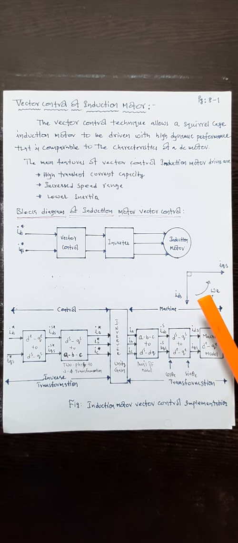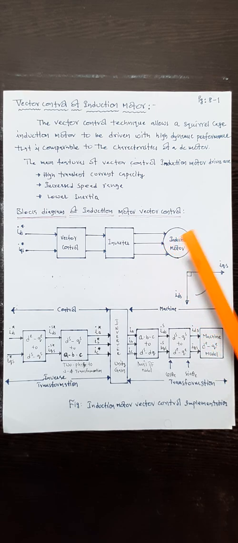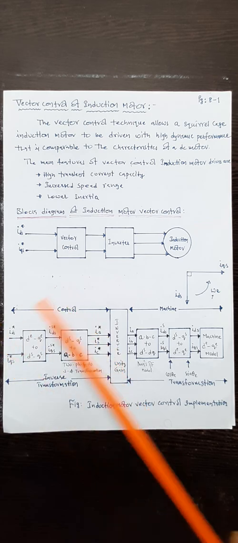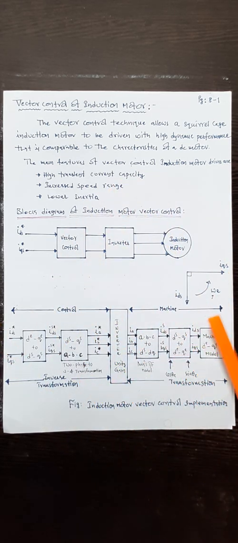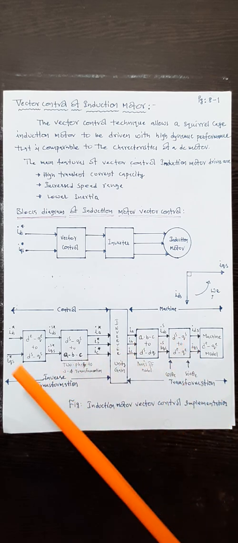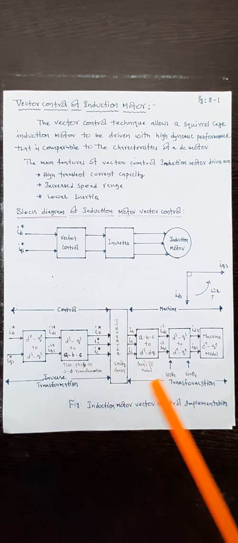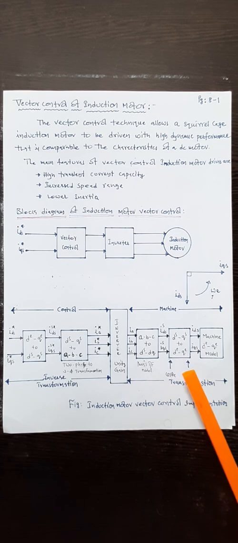Finally, this topic concludes that scalar speed control methods of induction motor are the generalized methods. Vector methods involve some logic, and these logics are to be obtained with the help of microprocessors, microcontrollers, and DSP controllers. This is the control strategy for the inverter by which the machine has to be modeled.